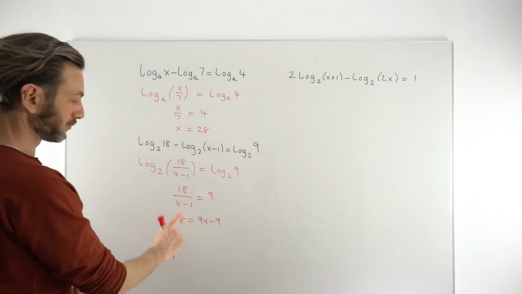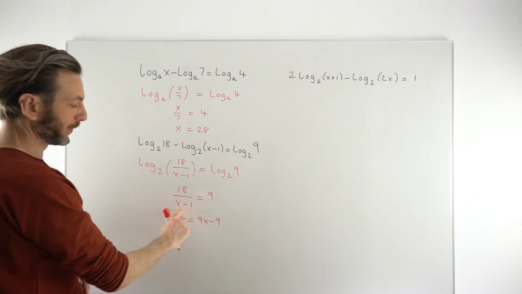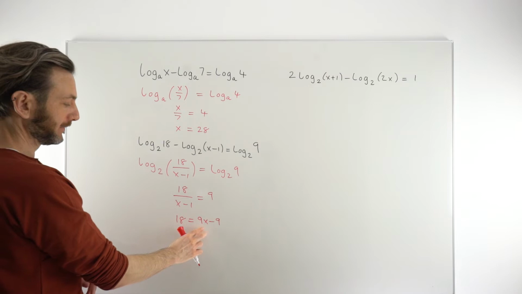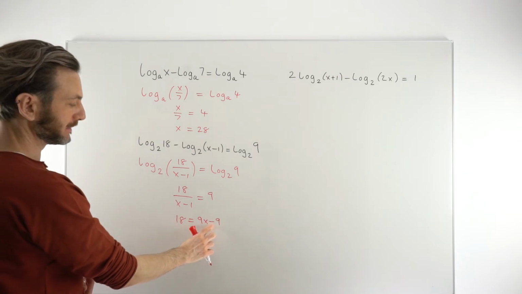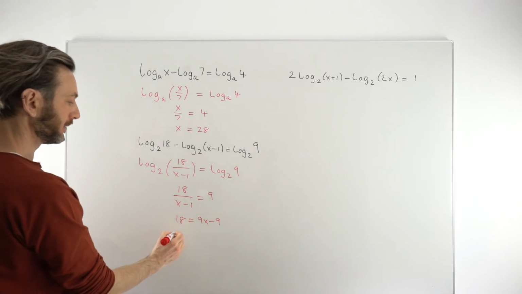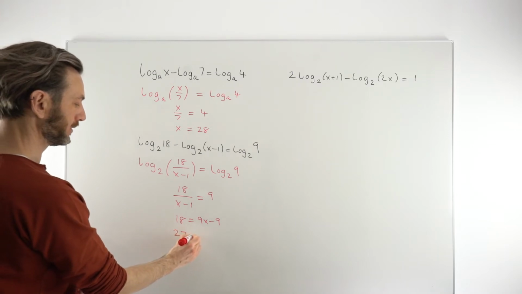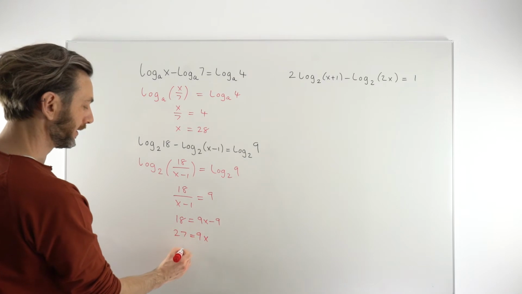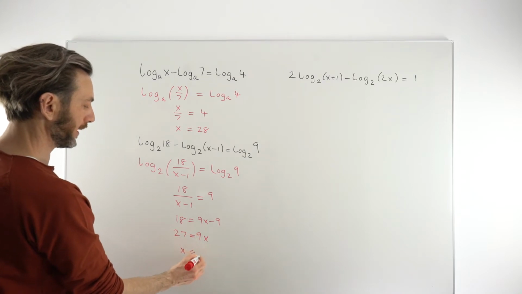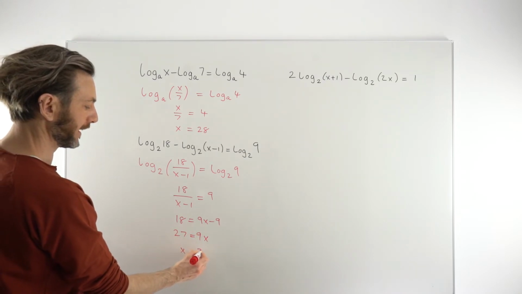Just remember multiplying the 9 across both of those terms. I'm going to take my minus 9 over to this side. It'll become a plus 9 to combine with the 18 to give me 27. So 27 equals 9x. This is just a linear equation, solving that by dividing both sides by 9 to get